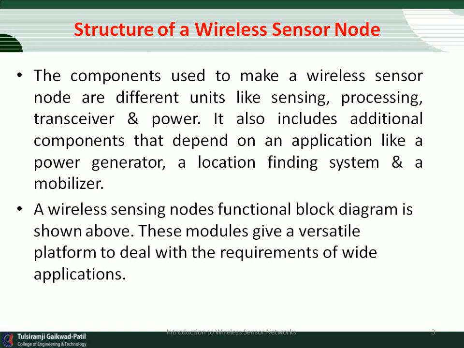That is the power management plane. It is responsible for managing the power level of sensor nodes for processing, sensing, and communication. Next one is the connection management plane. It is responsible for configuration or reconfiguration of sensor nodes. And the last one is task management. It is responsible for distribution of tasks among sensor nodes to prolong network lifetime and improve energy efficiency. This is all about the structure of the wireless sensor node.